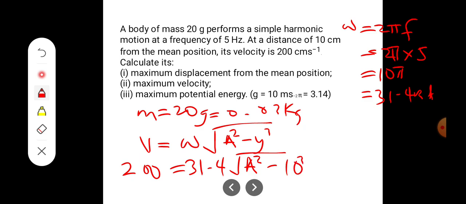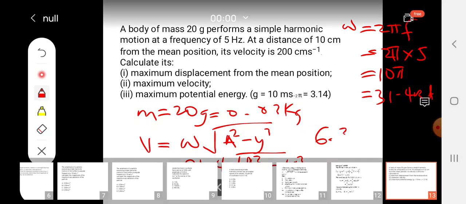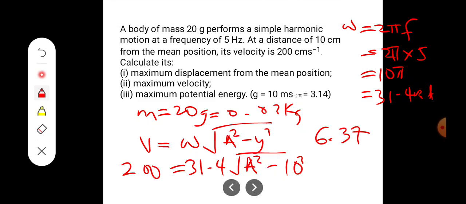Now if we divide both sides, 200 divided by 31.4, we get 6.37. So we are going to have 6.37 equal to square root of a squared